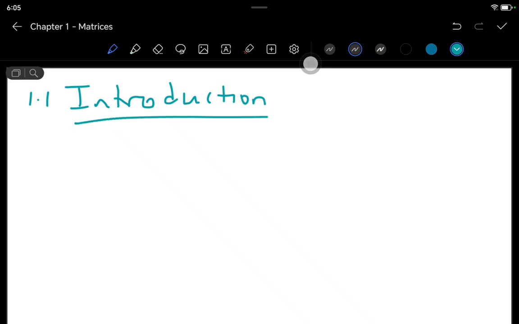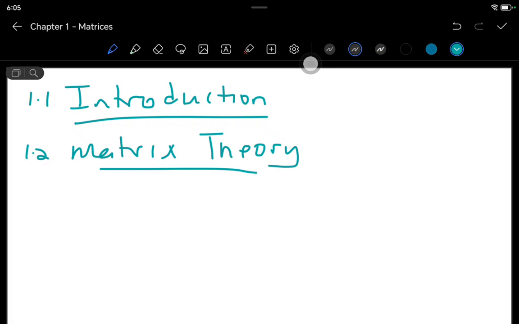So today's recording, we're gonna discuss the Matrices chapter 1. Based on your chapter, we're going to be looking at the following. The first part, I think 1.1, we'll look at the introduction to matrices, and then when we come to 1.2, we're going to be looking at the matrix theory. Since we know that when it comes to the matrix theory, we'll be focusing on the matrix addition